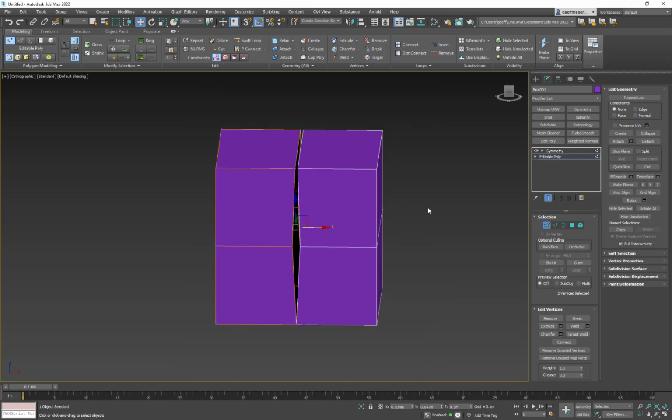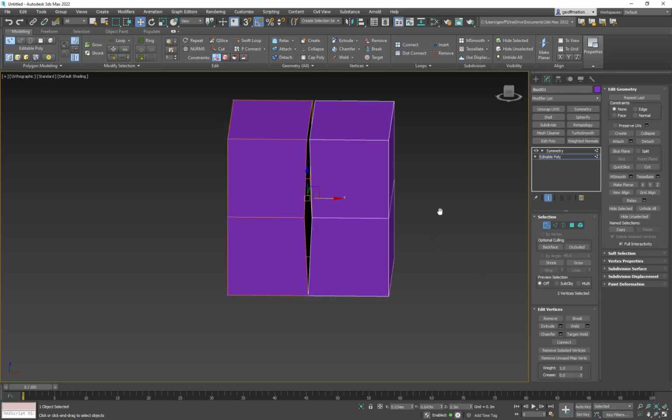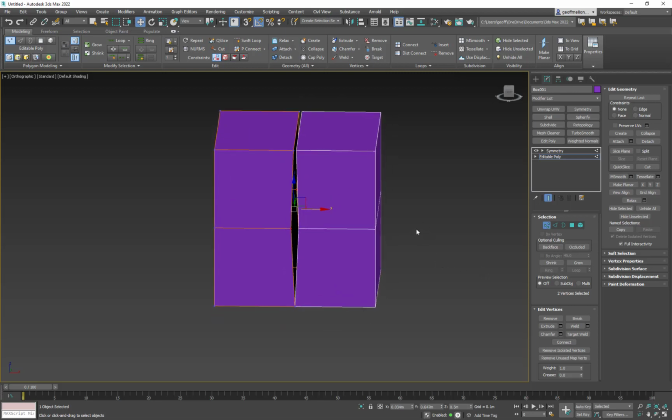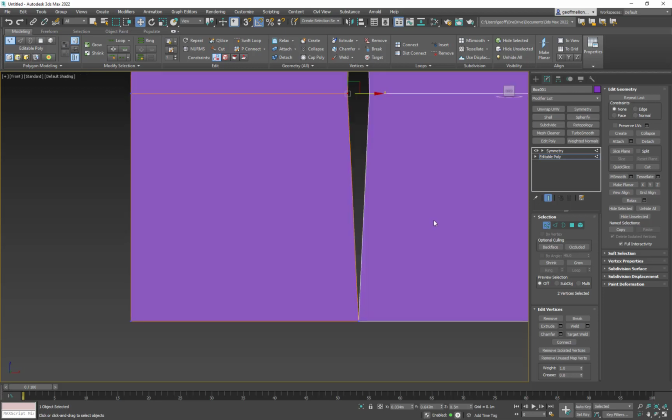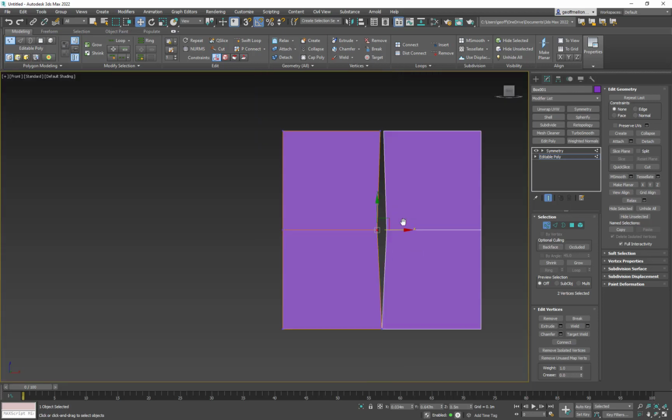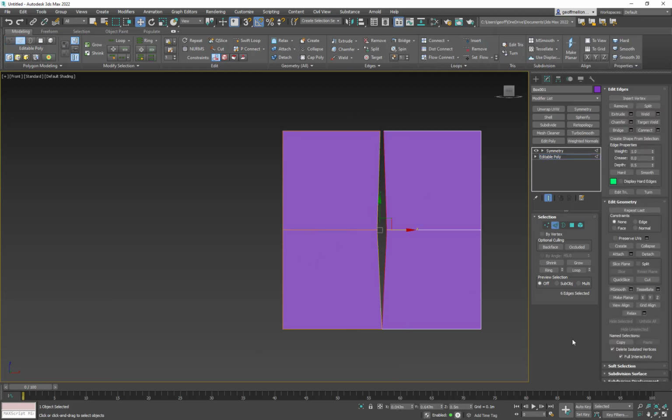Well, there's ways to fix this. I can just adjust it back the way I had it, really simple. Obviously you don't think it's that far off when you do it, but it ends up being out. So a really easy way to do it, you don't have to be in the front viewport, but this will be easier to see, is I can either grab the verts or I can grab the edges or whatever I want,